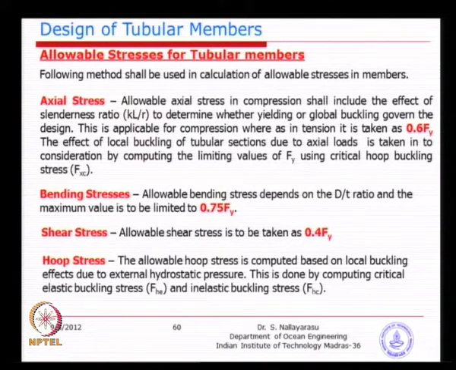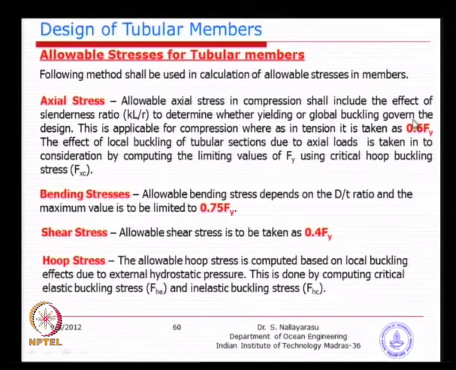So, basically the limiting yield stress, because buckling is governing the design. So, instead of global buckling, local buckling is going to govern the design. So, that means we will replace the F y with the F x c. So, we need to find out F x c first and check whether buckling is happening. If so, then you replace this F y in the equation to calculate the allowable axial stress. So, there are 3 steps.